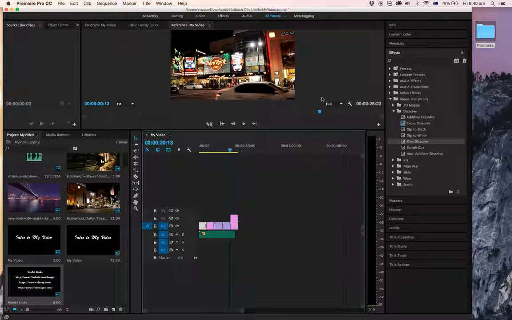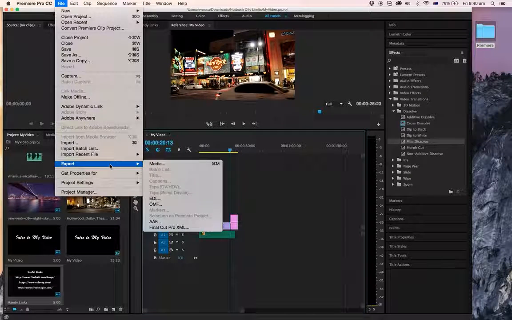Okay, well, that's really all I want to show you. It's a great starting point. Next thing I want to do is export this, because by default it's getting saved as well, which is great. Please don't forget to save. You tend to work on large projects in Premiere, so it is important to remember to hit Command S every couple of minutes. So to export this for YouTube, we're going to go to Export, Media,